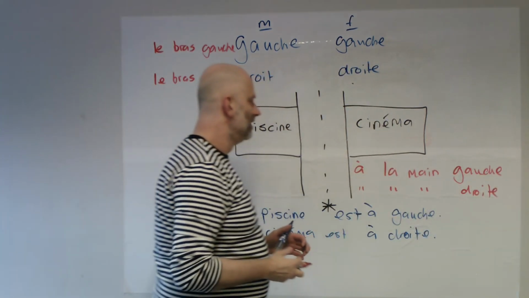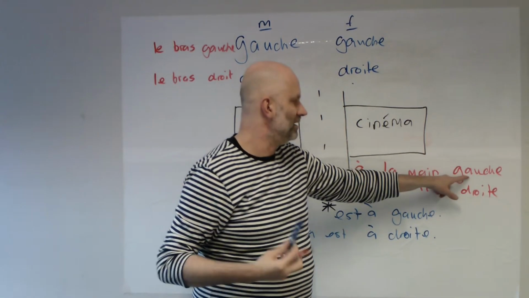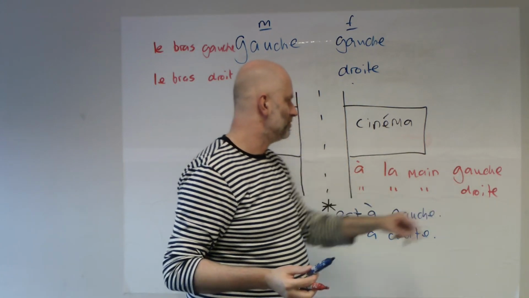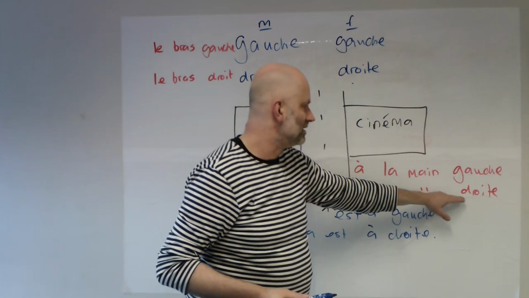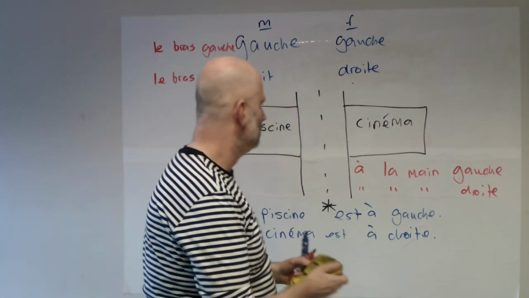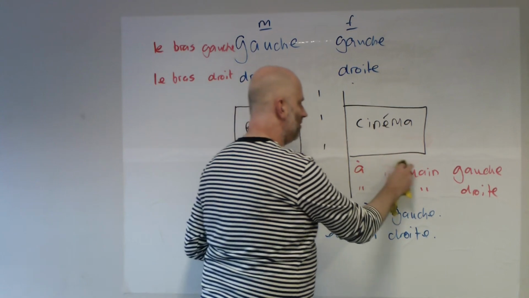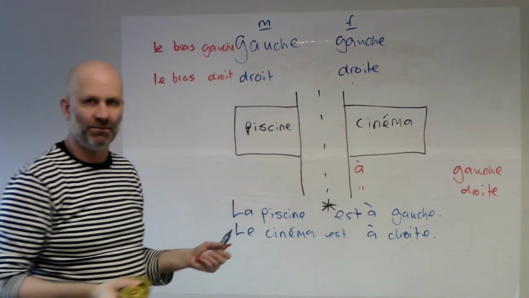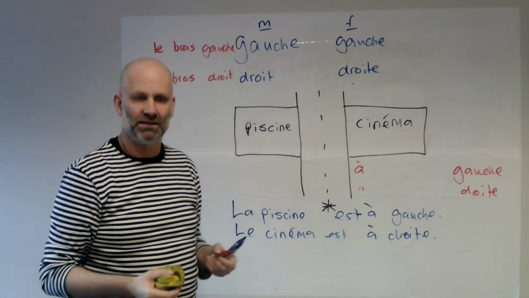So you can see that the gauche, doesn't matter whether it's masculine or feminine, it would always be gauche, but it's droite because it's à la main droite. Even though we don't really normally say the word la main, it still has to be feminine because it's agreeing with something, even if the word la main isn't used in the